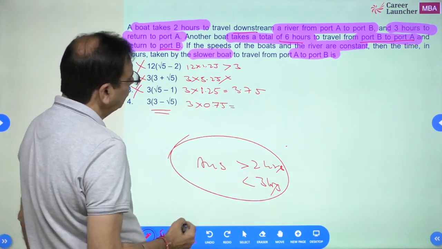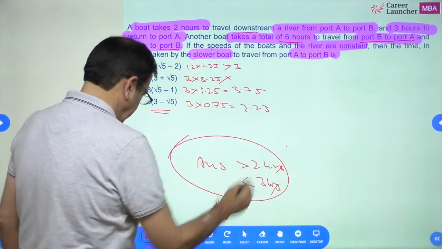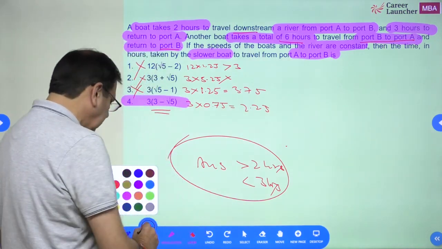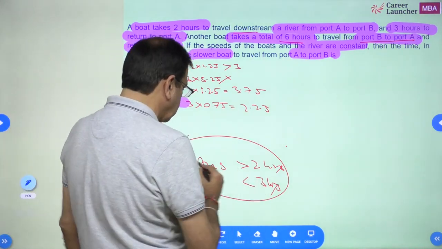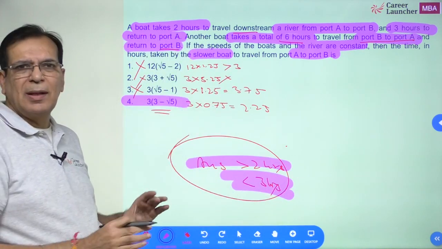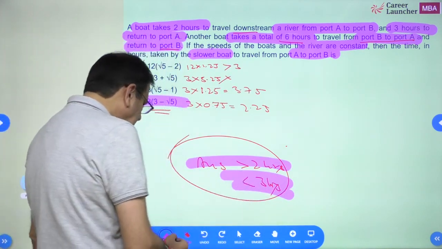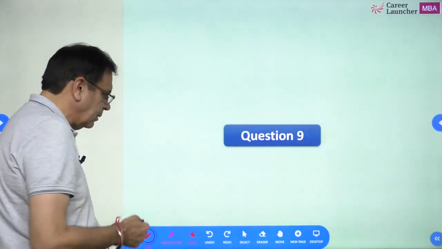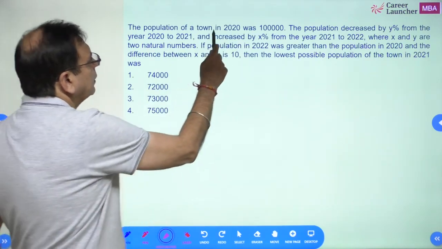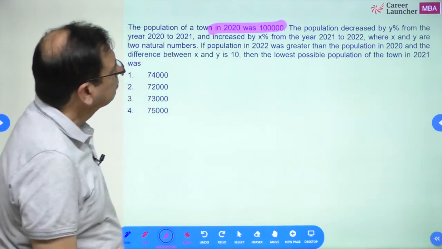How much does that become? 2.25. आ गया ना आंसर? यही होगा आंसर। That was a simple जुगाड़ that my answer has to be greater than 2 and less than 3 was sufficient। मेरे को कोई इक्वेशन नहीं बनानी, चॉइसेस देखी, अपना बेसिक जुगाड़ लगाया, आंसर निकाल दिया। आगे चलते हैं।